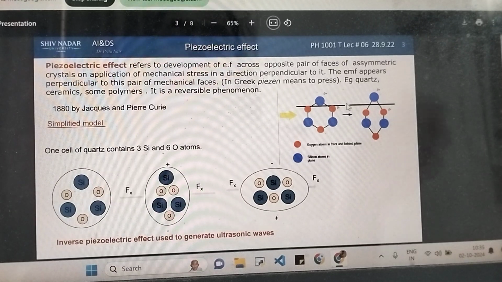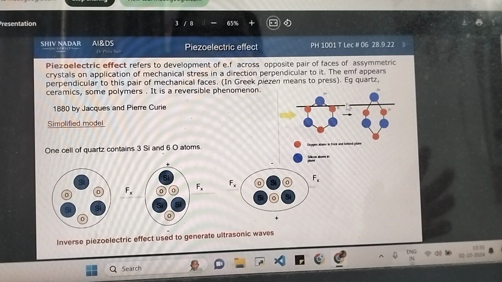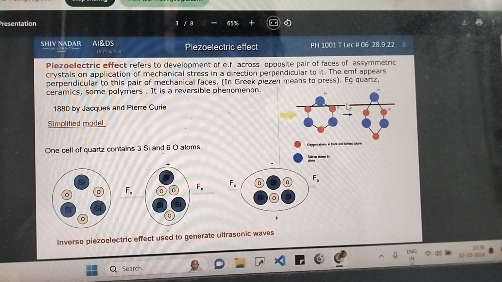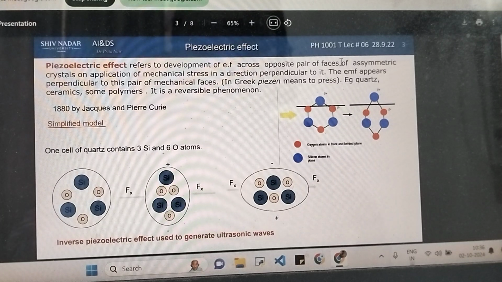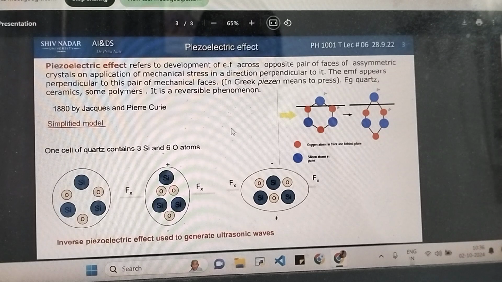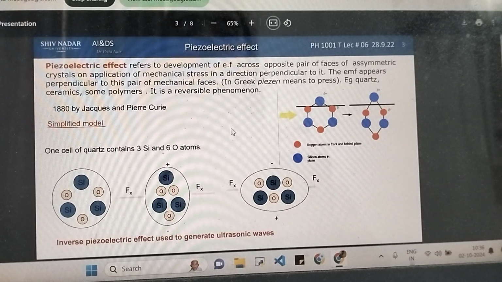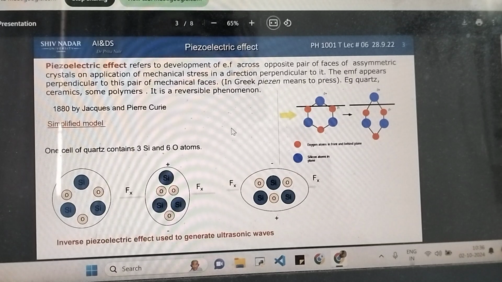So you have certain materials which exhibit this property called piezoelectricity. Just like you have certain materials which exhibit the property of magnetism, only those are attracted by magnet. You have certain materials which exhibit a property called piezoelectricity, and with such materials what happens is you apply mechanical stress on opposite faces of that material, then there will be an electrical field developed on another pair of opposite